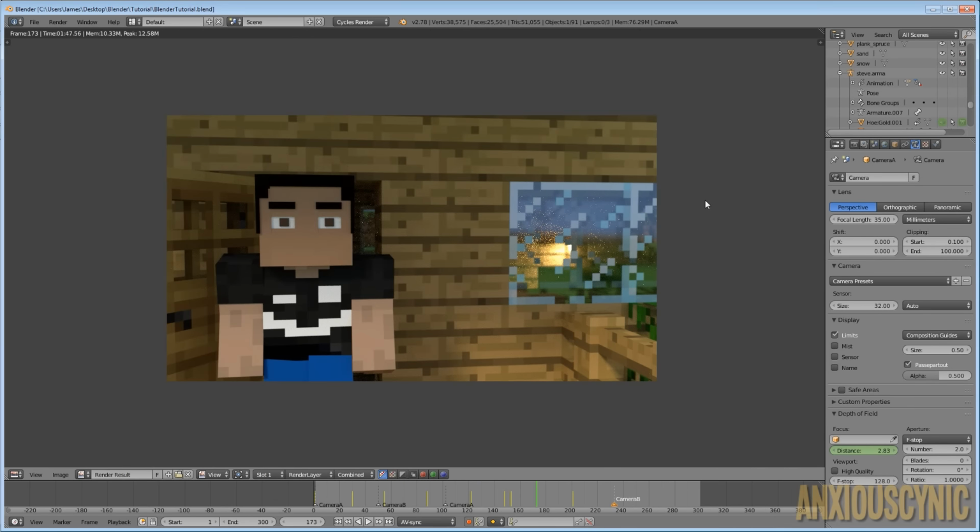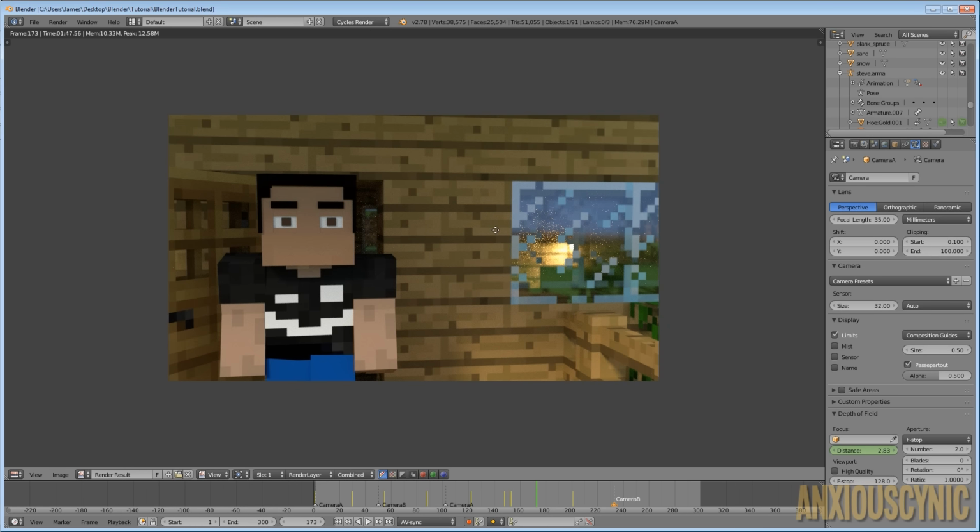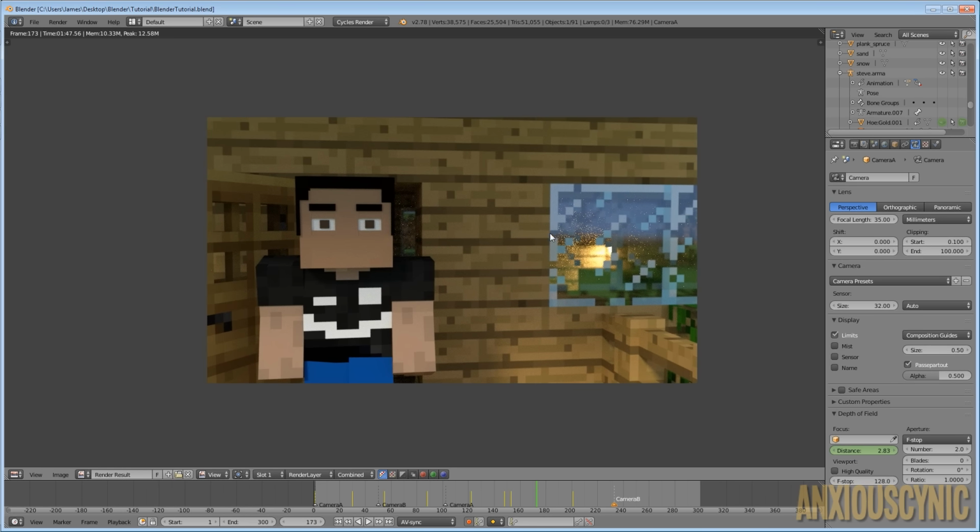All right guys, so now you can see this is our final rendered frame. It does not look good because of our render settings and that light that we set up inside there real quick. Hopefully we can rectify some of those issues individually, but for now, that's it. So you can see here that Steve is in focus and we have some out of focus areas, even though it's all screwed up looking in the background there.